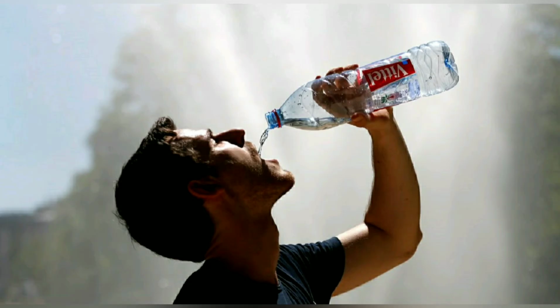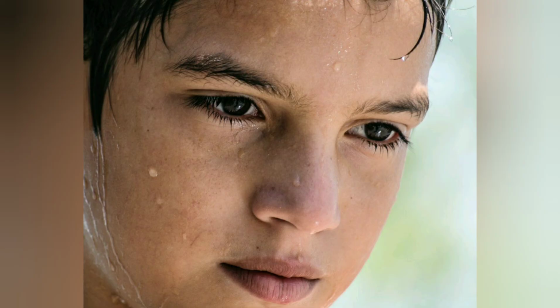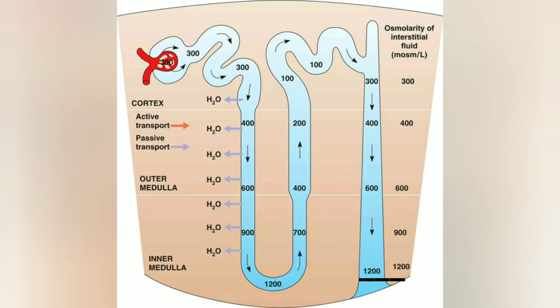If suppose there are conditions like low water intake or high water loss due to sweating, in that condition concentrated urine is produced by our body. It can be almost 4 times more concentrated, that is 1200 milliosmol per liter, than the blood, because blood has near about 300 milliosmol per liter concentration. So the concentration has increased from 300 to 1200 milliosmol per liter.